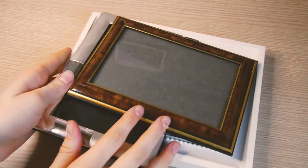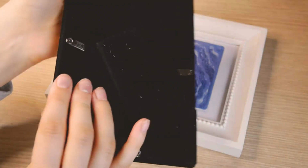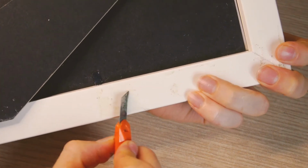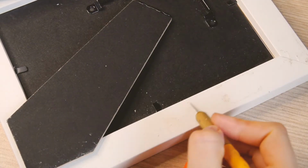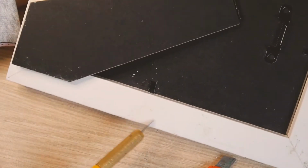Now let's start making the paintings themselves. I decided to use old frames from the 2000s that I found at home. They were already in poor condition, so I decided to fix them because I didn't want to throw them away. One frame had to be cleaned from the back,